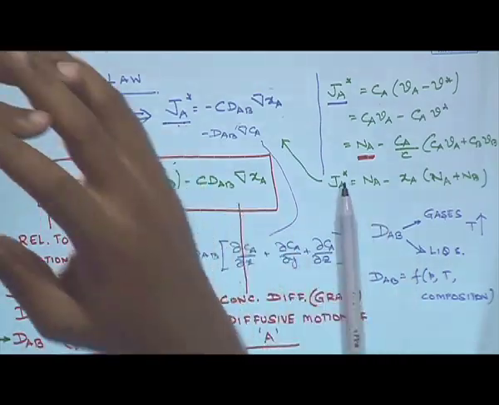So, in order to model such a system, one can express the flux, be it on mass basis or on moles basis, as the algebraic sum of diffusive flux and convective flux. So, with this, we are in a position right now to start modeling simple systems in which there may be a convective flow, there may be a diffusive flow, and we may have reactions taking place in the diffusing mixture. So, these A and B, the two components that are present in this, may react with each